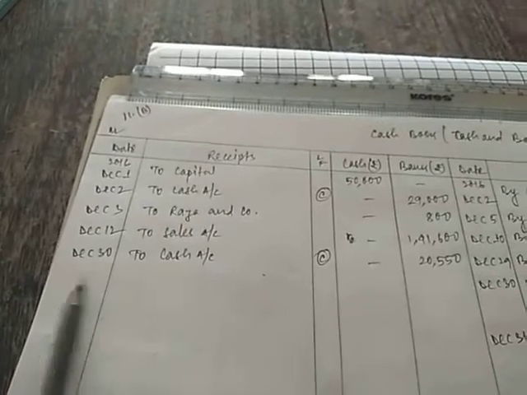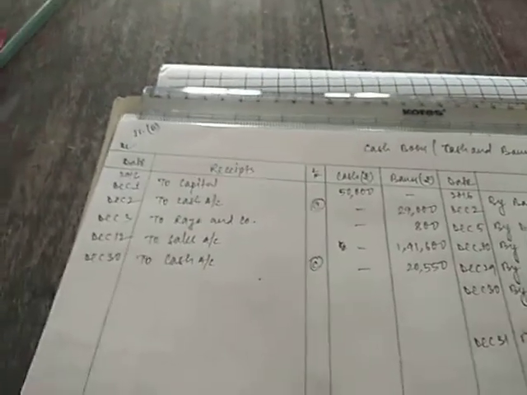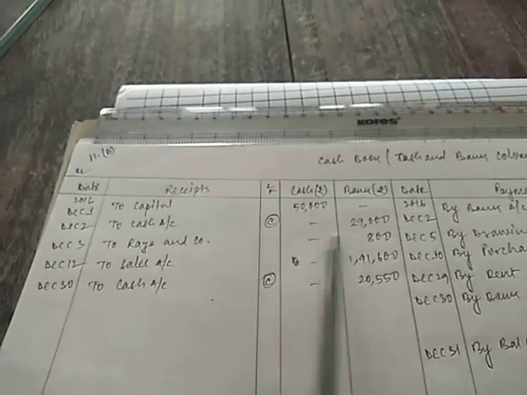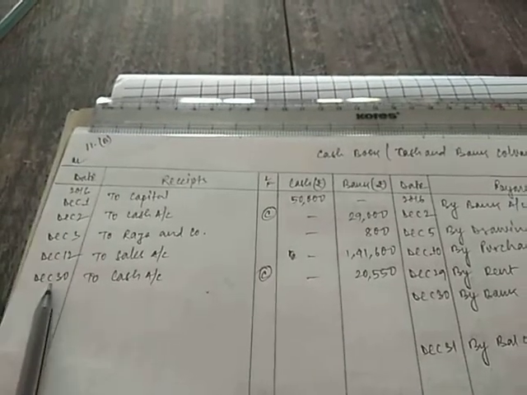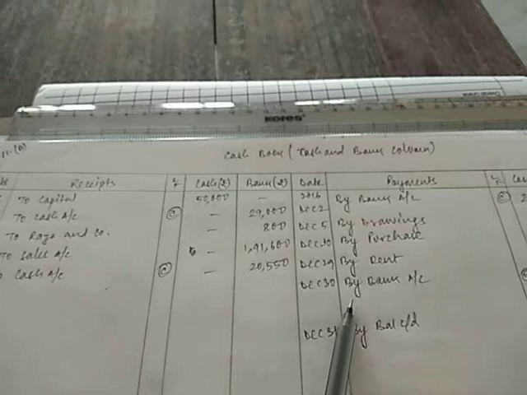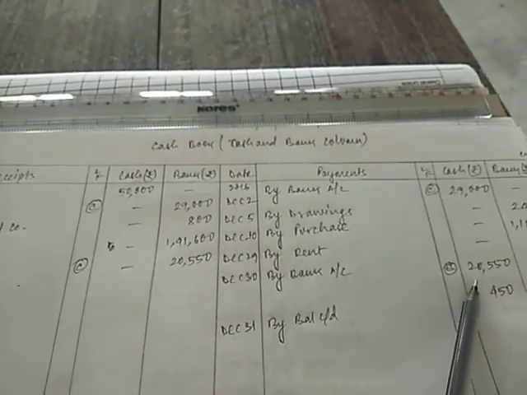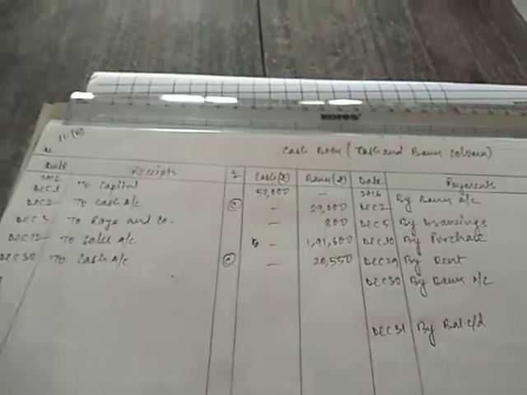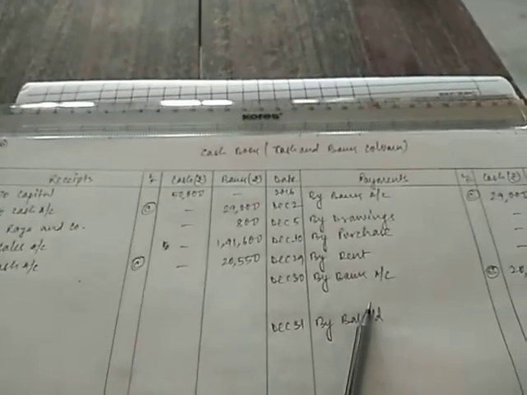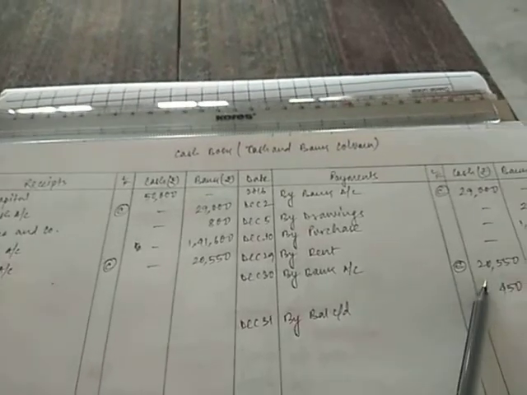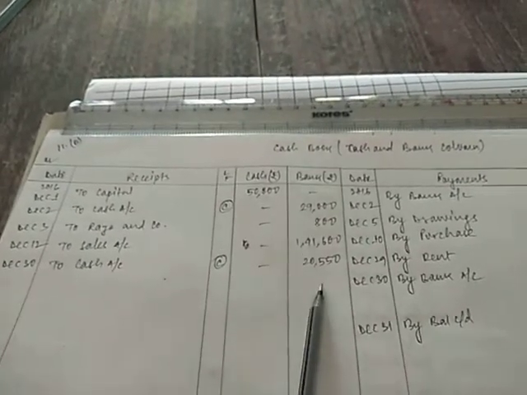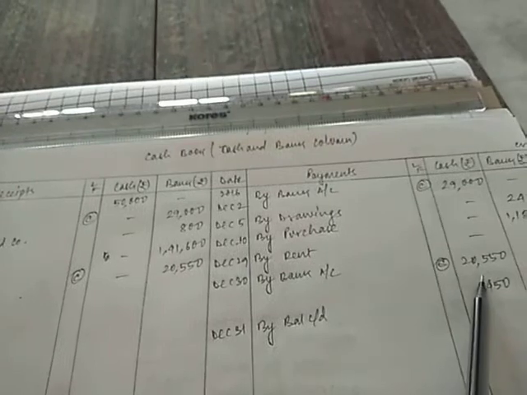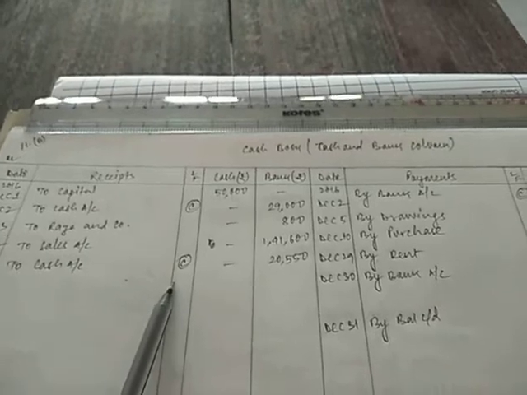So here you can see on December 30, the transaction entry will be bank account debit to cash account. 20,550 will be deposited into bank on December 30th. The same thing we'll do this side also. By bank account you'll write and you'll enter in the cash column, as this is the deposit side or debit side. This side we are depositing into bank, and this is the credit side. The payment side we have paid through cash account. We have deposited into bank. You will write to cash and you will enter in the bank column. This side you will write by bank and you will subtract from the cash column 20,550, and you will write a C mark as it is a contra entry on both the sides.